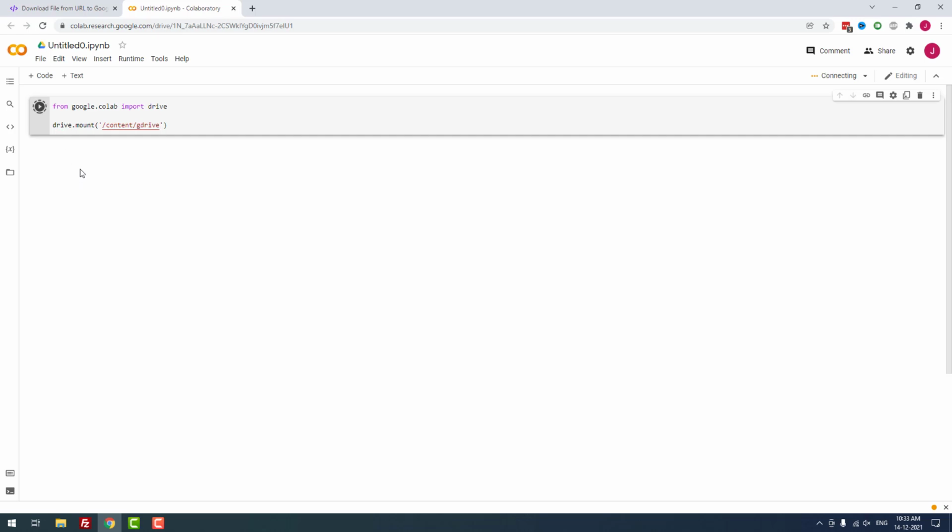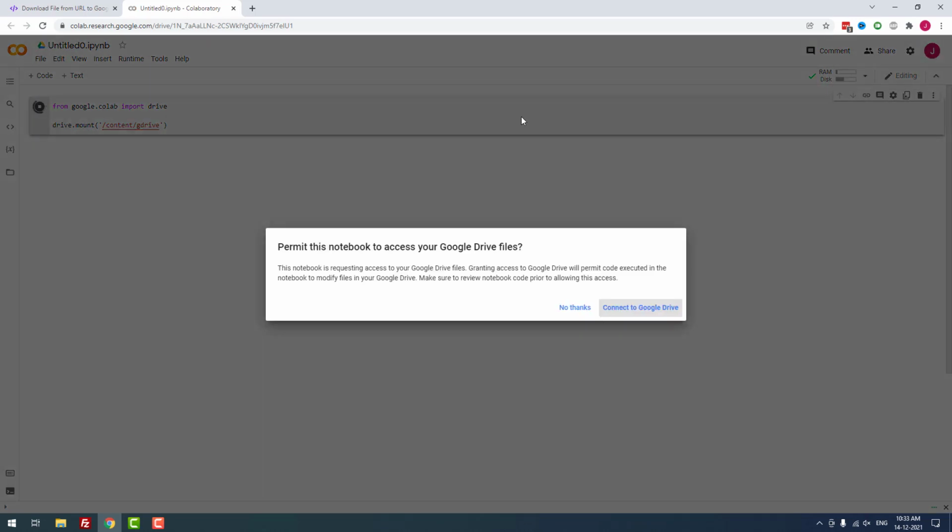When I click that, it is showing connecting, initializing, connected. Now it is asking to permit this notebook to access your Google Drive files. You have to click the Connect to Google Drive option.